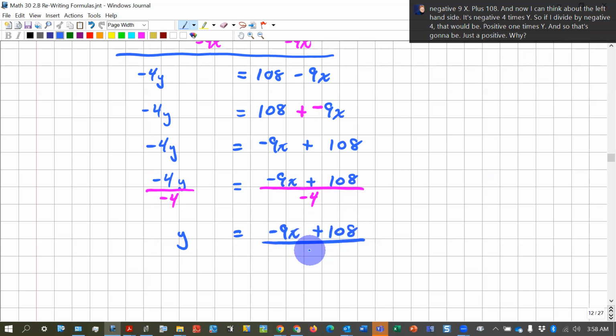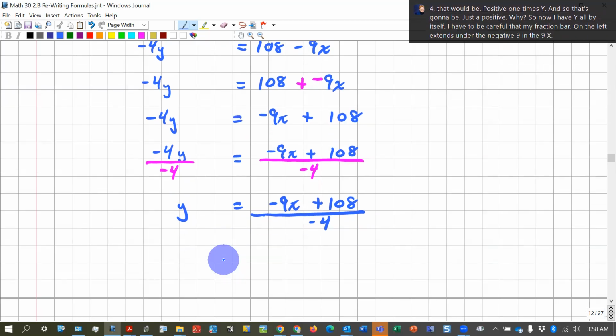So now I have y all by itself. I have to be careful that my fraction bar on the left extends under the negative 9 in the 9x. And yes, I have y all by itself,